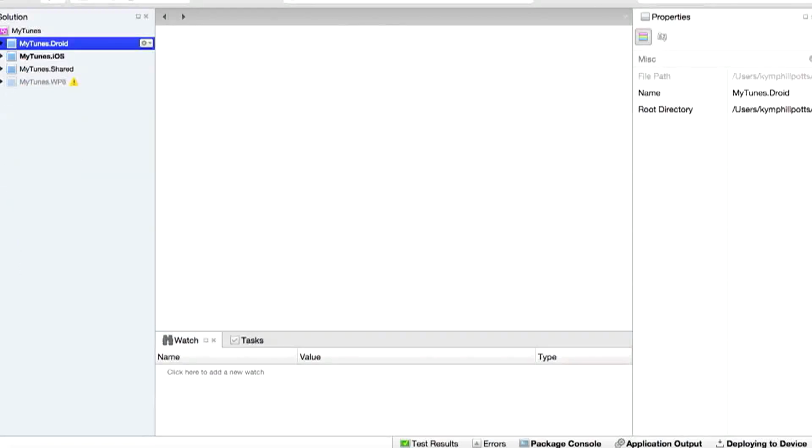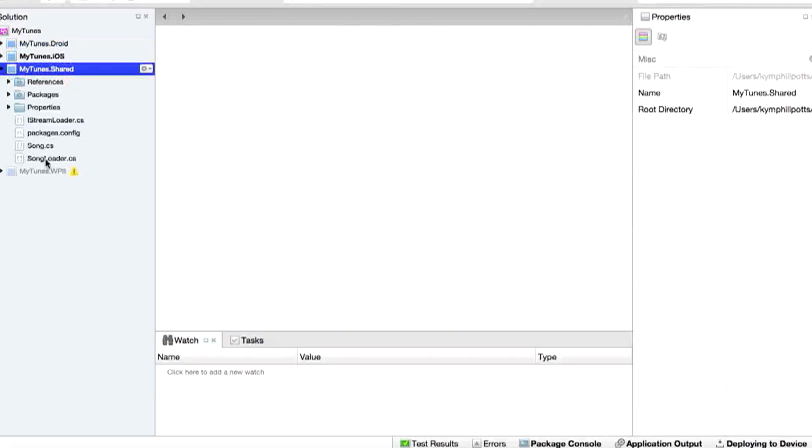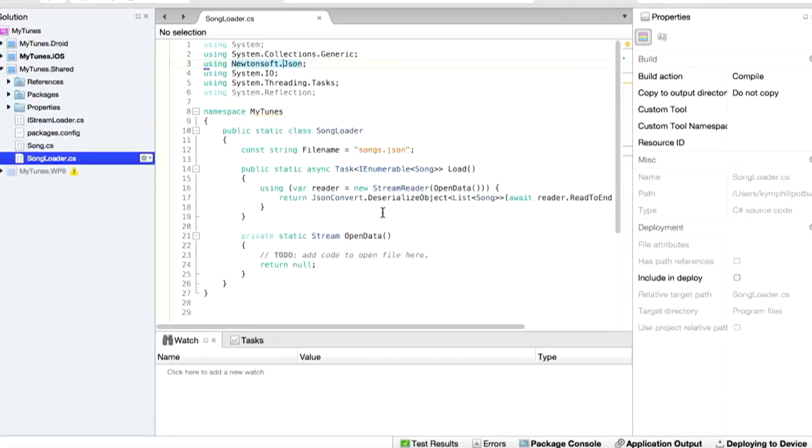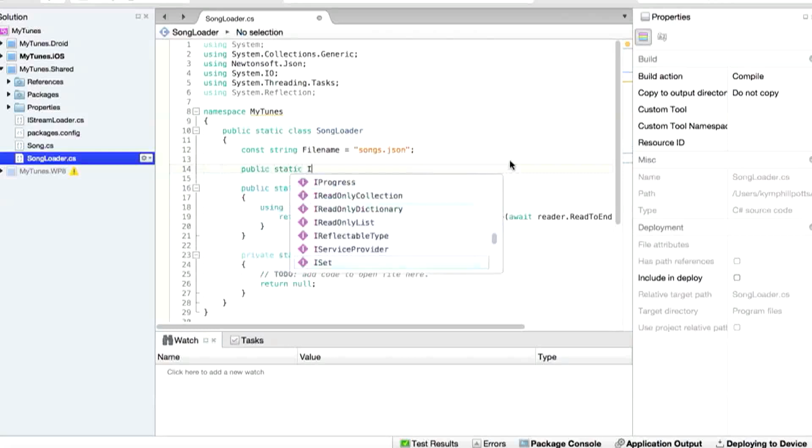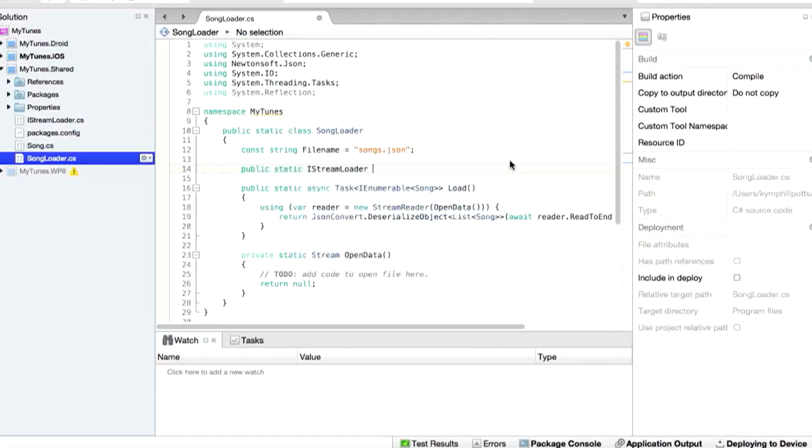Next, we need to inject the abstraction. So we need to provide the abstraction to the PCL. So let's do this in our SongLoader.cs file. What we'll do is we'll simply add a static property named Loader of type IStreamLoader. So a public static IStreamLoader